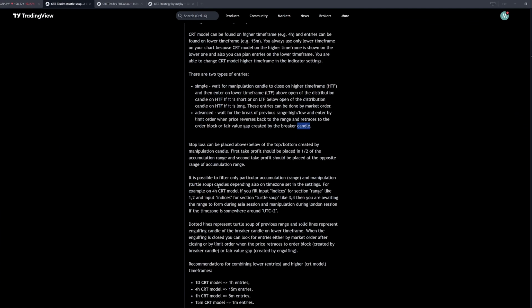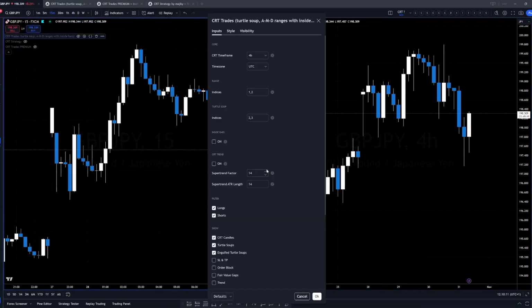Okay, it is possible to filter only particular accumulation range and manipulation turtle soup candles depending also on time zone set in the settings. For example, on 4-hour CRT model, if you fill input indices for accumulation range like 1 and 2 and input indices for turtle soup like 3 and 4, then you are awaiting the range to form during Asia session and manipulation during London session if the time zone is somewhere around UTC +2. So it means basically these indices,